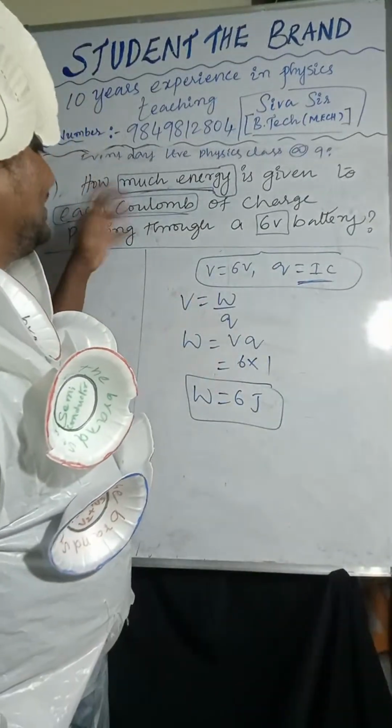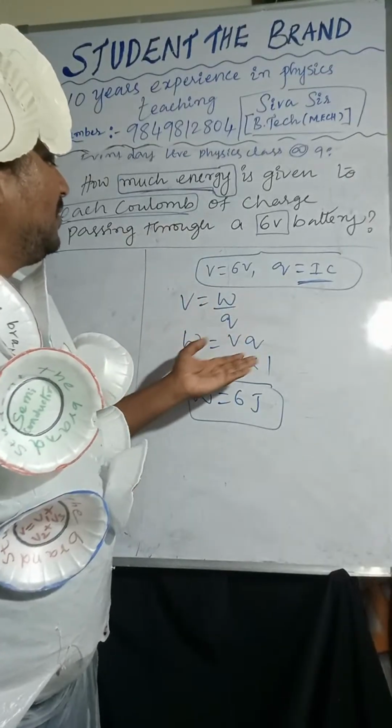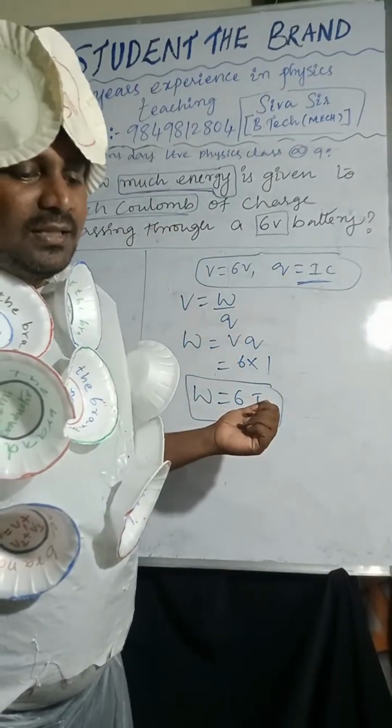Okay. So that's right. So V equal to W by Q, W equal to VQ, 6 into 1. So the answer is